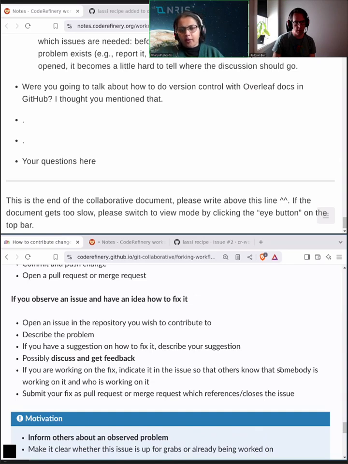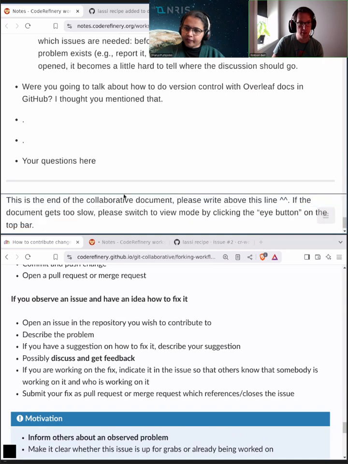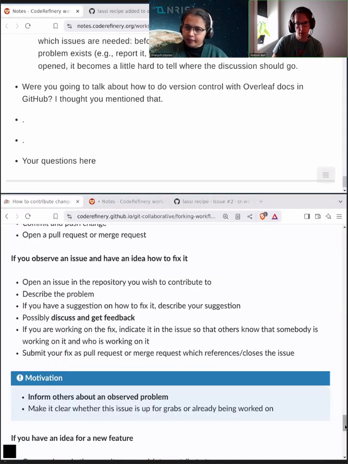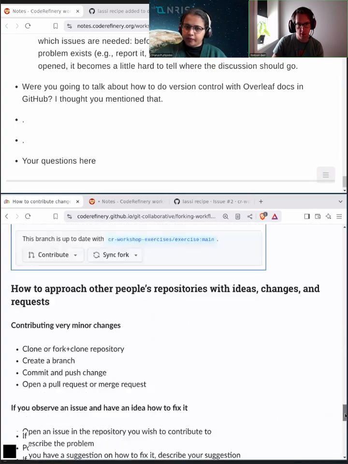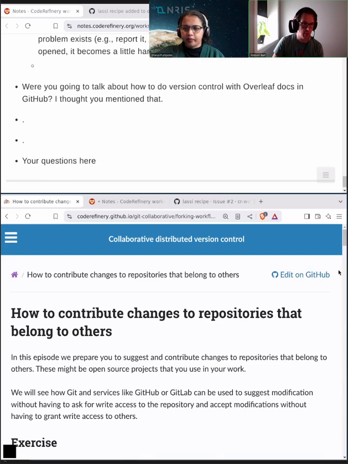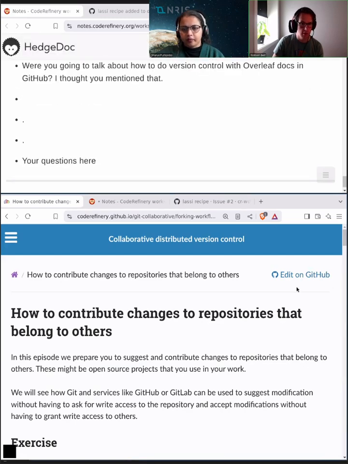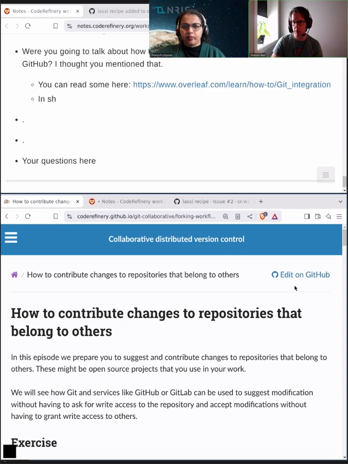Some suggestion about how to proceed from here, what we learned these 2-3 days. I mean, one way that you can practice this and also be incredibly useful for our project is that if I scroll up here in the lesson, all the way up, our lessons are on GitHub. All of them are open source. If you see things that we could have done better and explained better, maybe a better wording or maybe some exercise step wasn't clear enough,